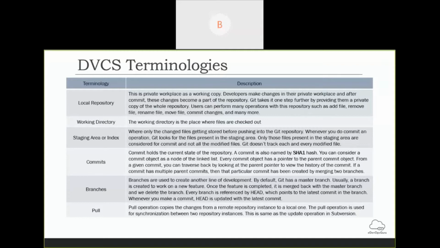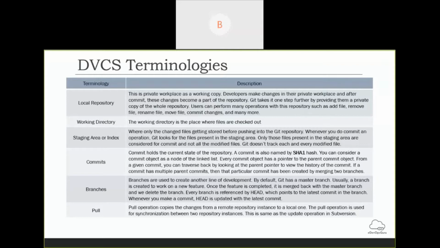Staging area or index: this is nothing but an area where all the modified or new files are placed. Then only Git will look into those files and consider them as your addition in the Git repository. Unless you add to the staging area, Git will not be able to recognize which files got changed and what the changes are, and we are not able to merge or push it in the Git repository.